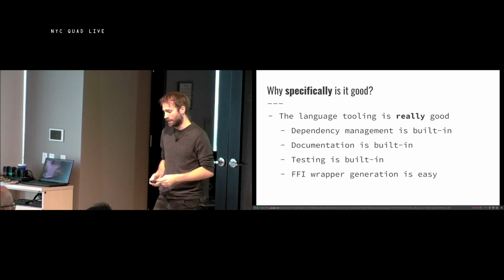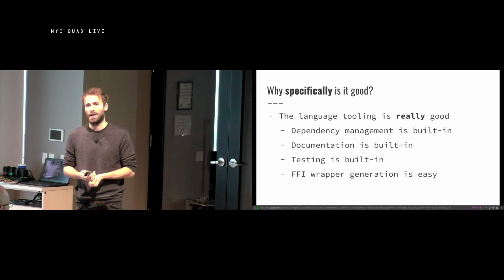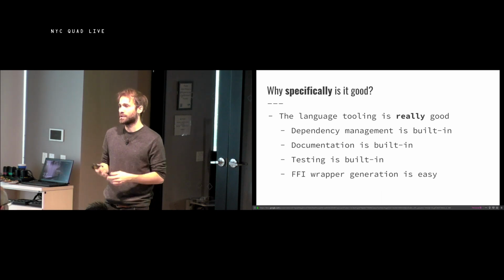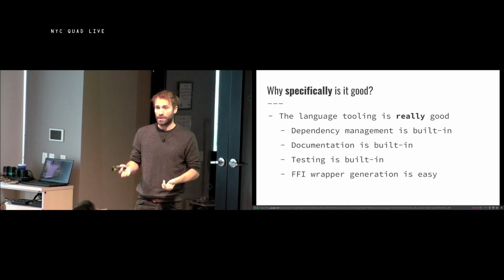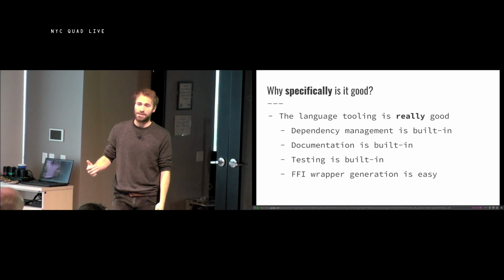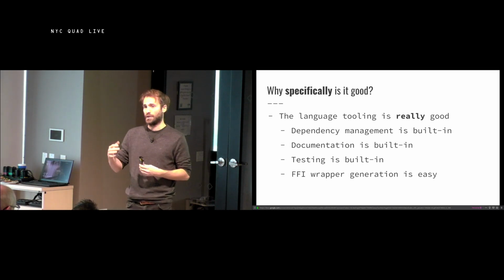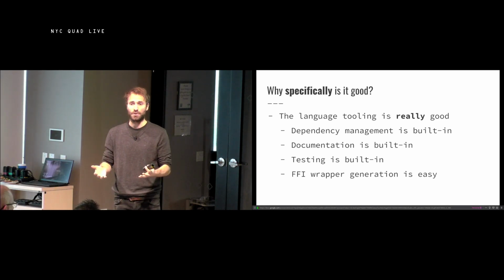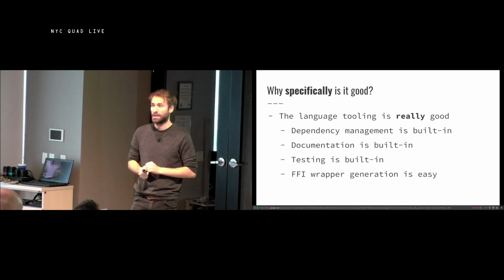And I talked about the tooling a little bit. So Rust has dependency management built in. So you can think of things like NPM for JavaScript or PyPI for Python, or even for Go, things like go get. Except it's much more advanced. You can do dependencies that are path dependencies, that are Git dependencies, that are dependencies on the central library infrastructure that Rust has. And all of it is just built into the default tooling that you get and works really well.